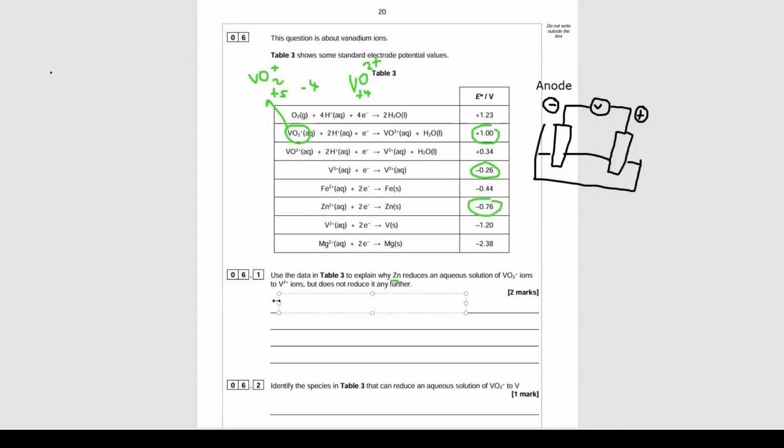So what we want to say is the V, and we're not going to go through all of those steps. That would be too much to fit on a few lines. So we're just going to say the V3 plus V, and we're not putting state symbols or anything. We just want to say, look, the electrode potential,